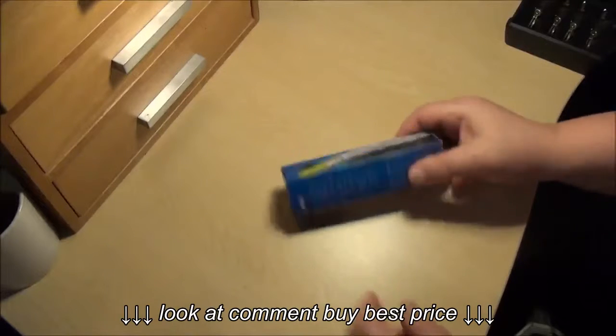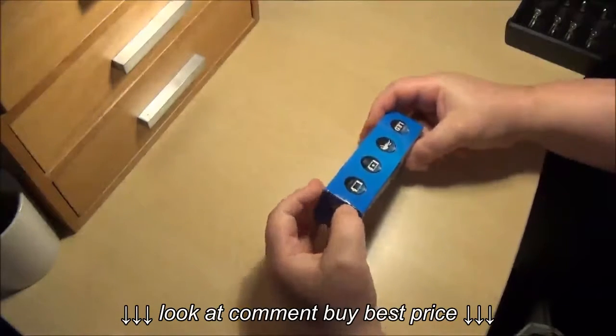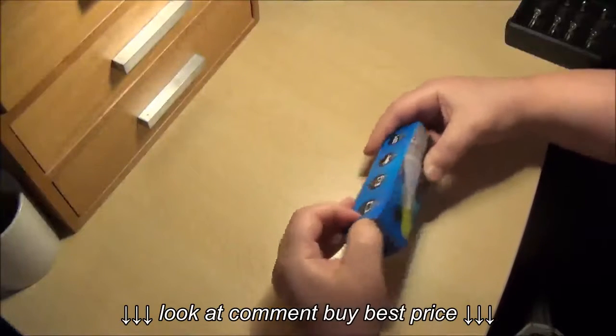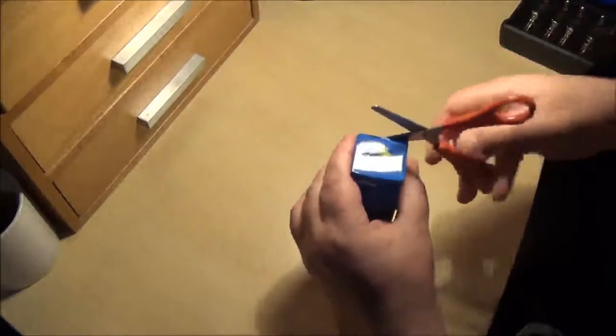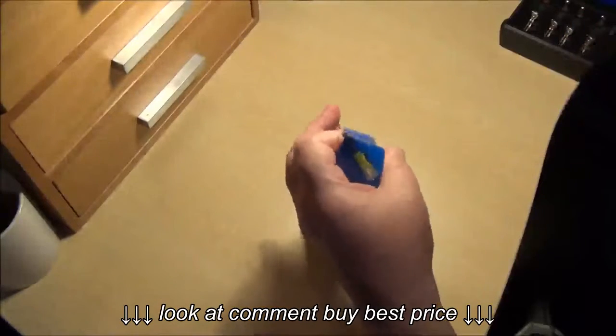This is a very reasonably priced torch anyway, I have to say. But what makes this one special is that it's an underwater torch. There's a seal there I have to break. Use some scissors on it. There we are. Now maybe you are a scuba diver, maybe you are a snorkeler and you want a torch